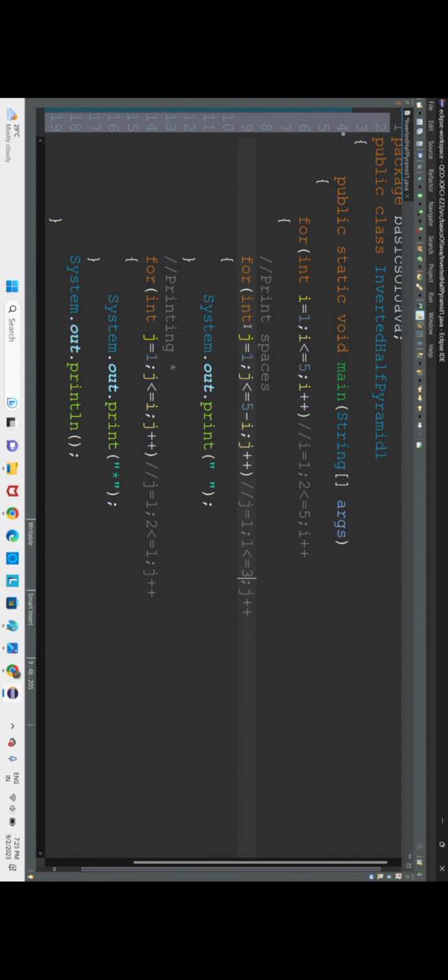J value is 1, starting from 1, and I value is how much? 2. So here 5 minus 2 is 3. Currently 1 is less than 3, condition is true. So one space will be printed. Next, again we'll increment the value of j. So j will become 2 here and you'll be printing one more space. After that we'll be incrementing the j value again. So you'll increment by 1, it will become 3. So one more space